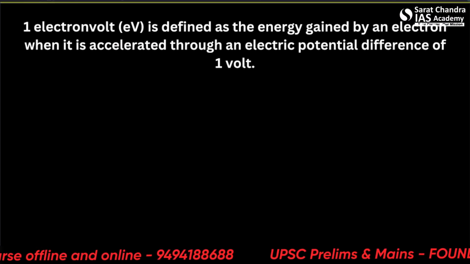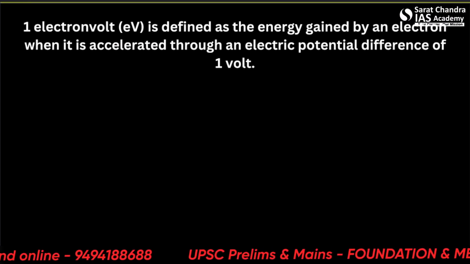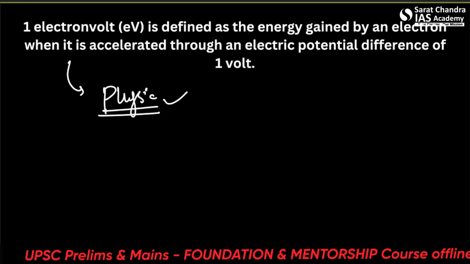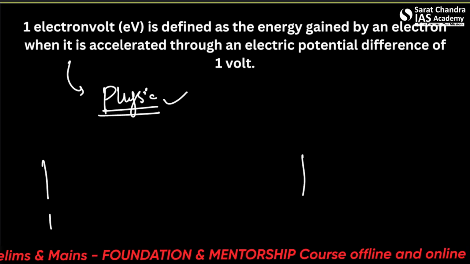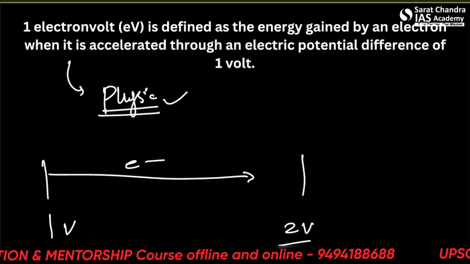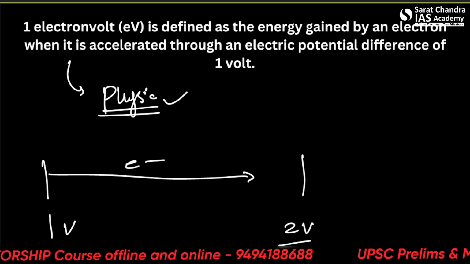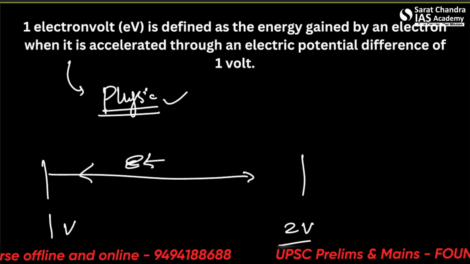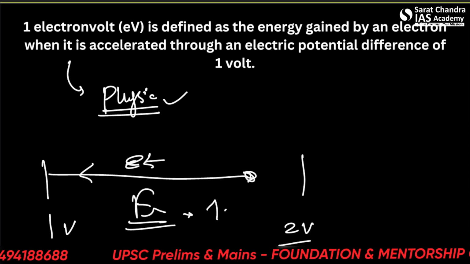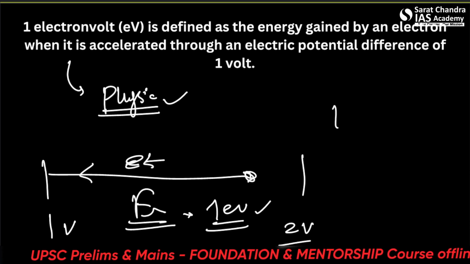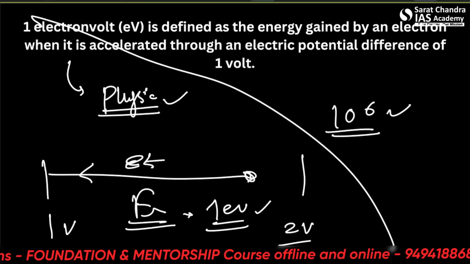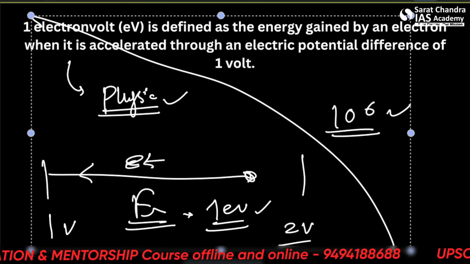What is 1 electron volt, eV? Let us see this also. It is a physics term. We don't really need to read it, but for the sake of curiosity. When there is a potential difference of 1 volt, an electron is transferred from here to here, let's say. So it gains some energy, and that energy is equal to 1 electron volt. Mega means 10 to the power 6 of this. So it's a very small unit, not very big.